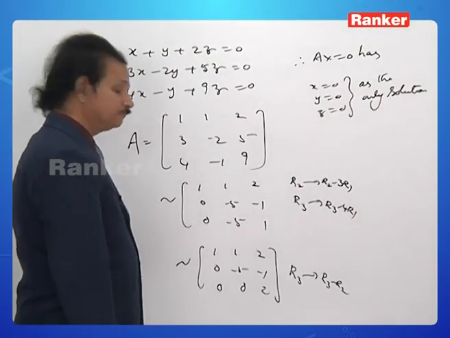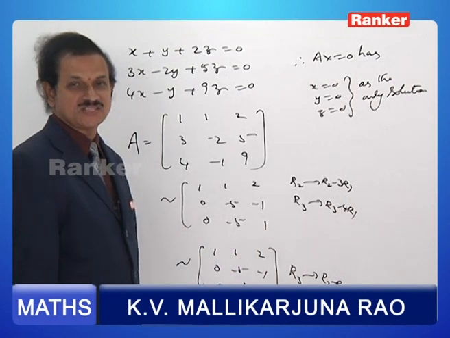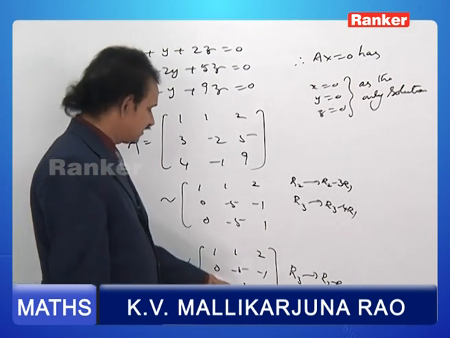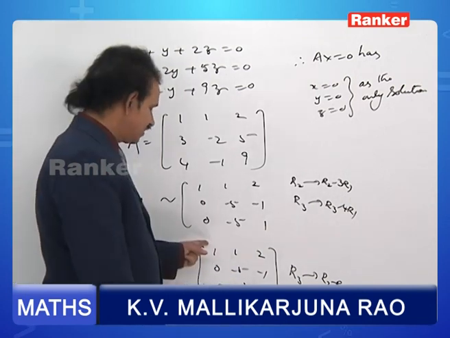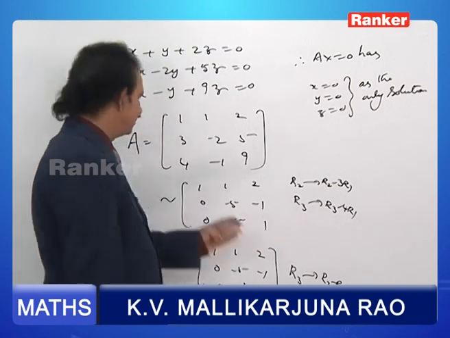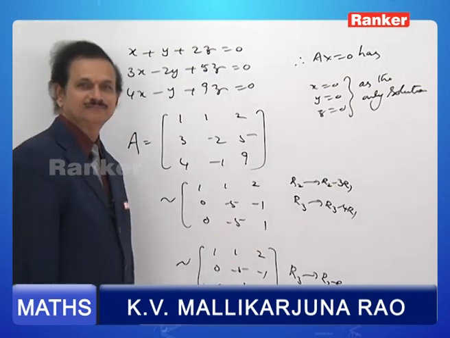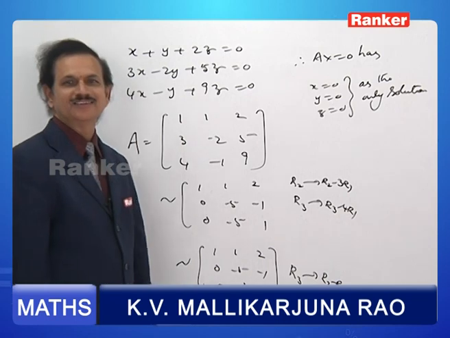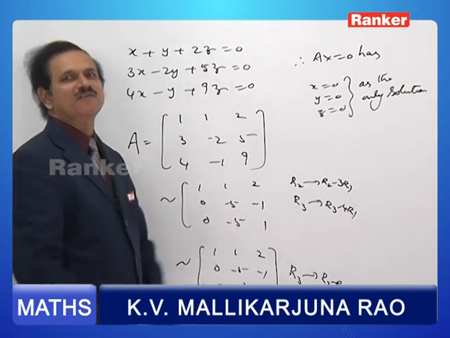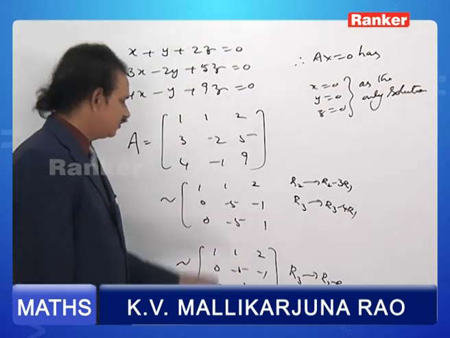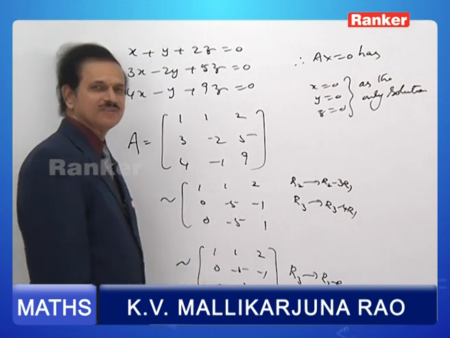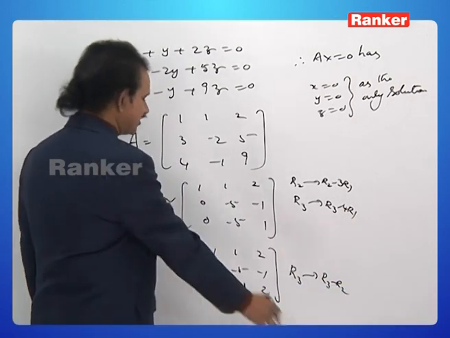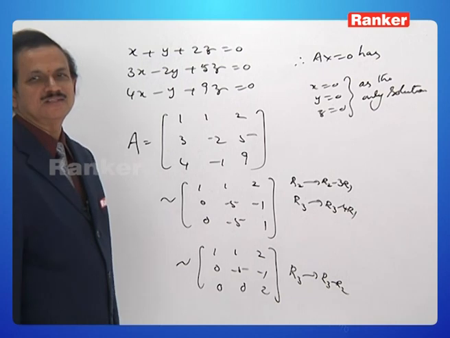But dear friend, another benefit in this system is that this is a triangular matrix. What is the determinant? Minus 10. Det A is minus 10. There are so many benefits. If you want to have the determinant, you just apply these 2 steps. You have the determinant directly as the product of diagonal elements.